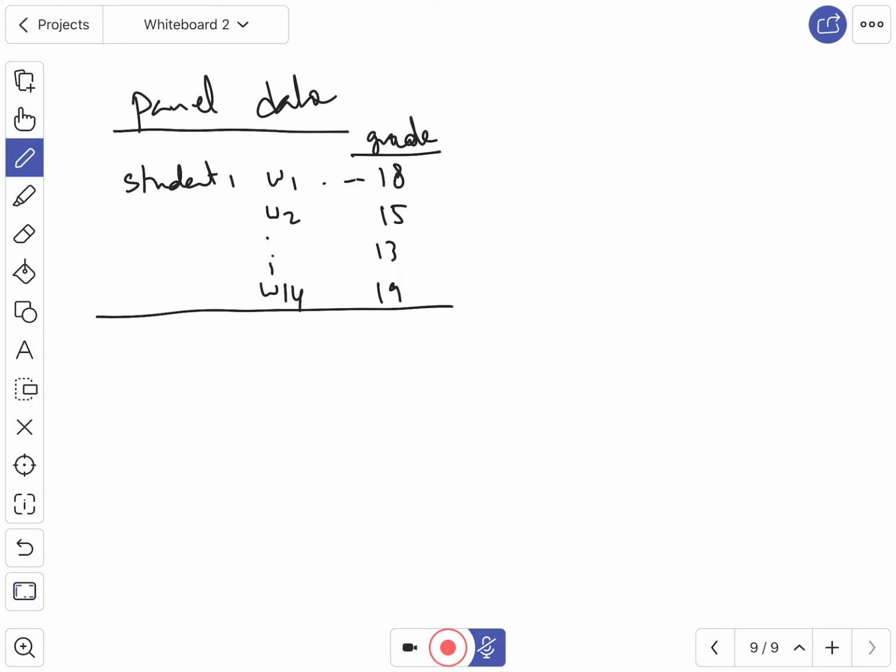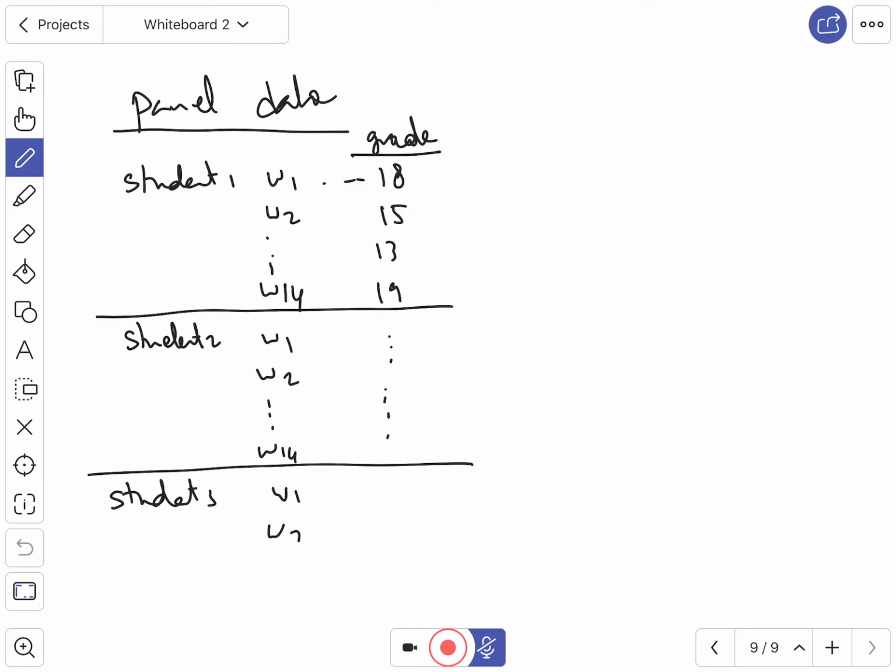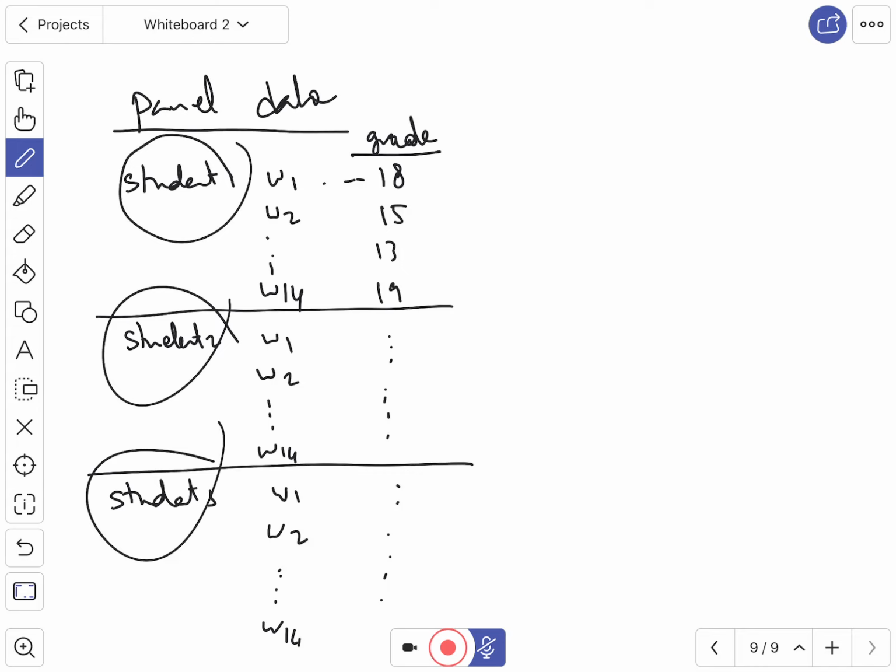Then I go to student number 2, and I have week 1, week 2, all the way to week 14, with the grades for student 2. I go for student 3, week 1, week 2, all the way to week 14, and you keep going, right? So this is panel data. Panel data consists of multiple entities, student 1, 2, 3, 4, all the way up to student number whatever, observed over